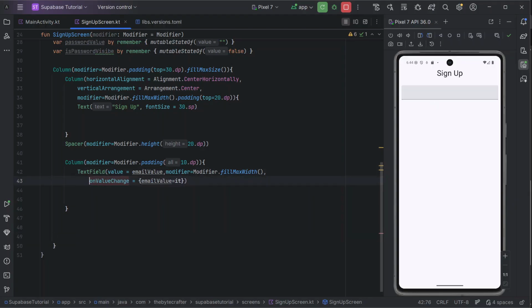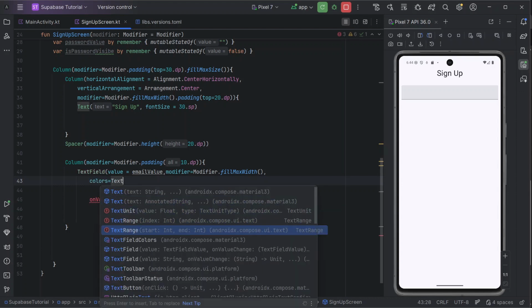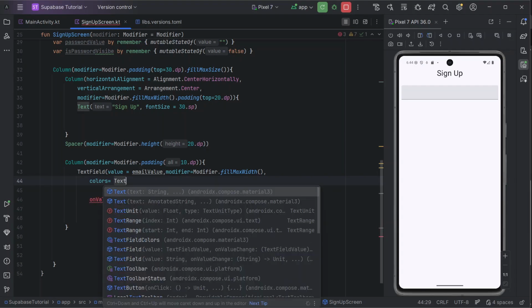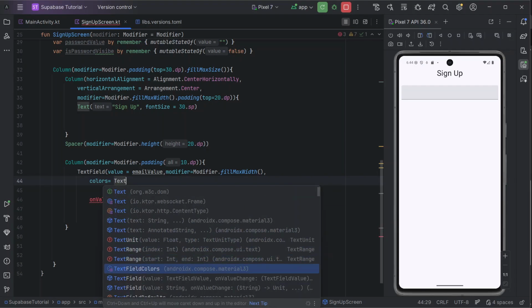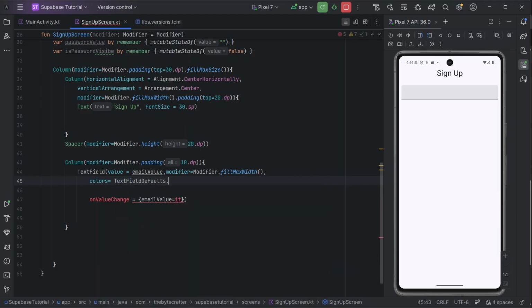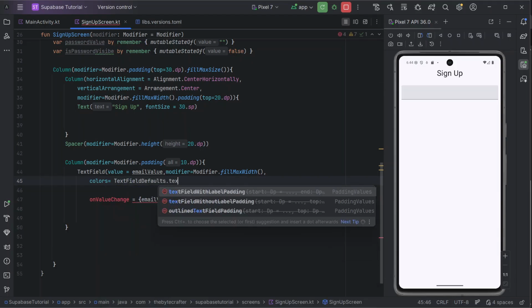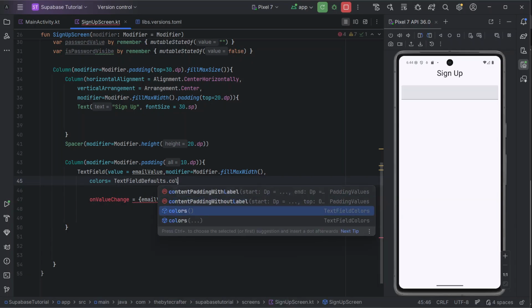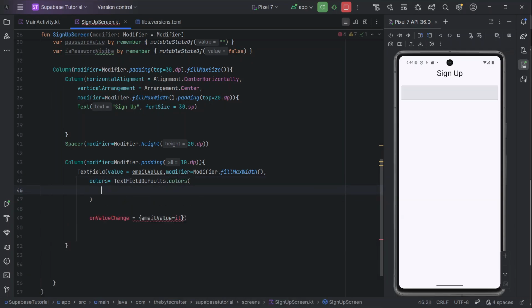So I'm gonna also have colors being equal to TextFieldDefaults.colors. In this case, we can have